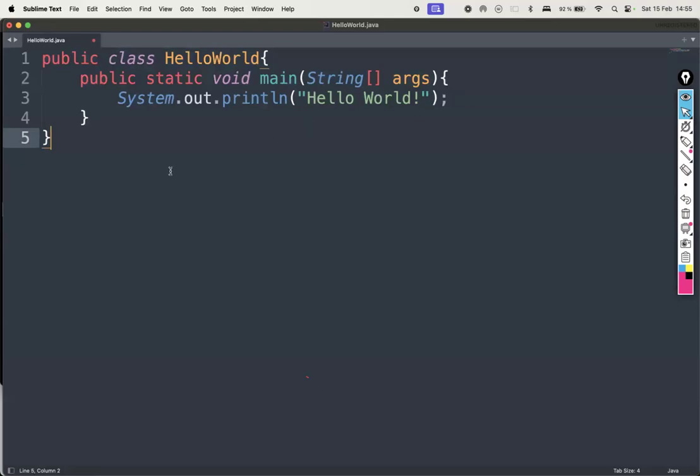Maybe 2 or 3 weeks after you start learning Java, you will understand what is public. Okay, it is a keyword, it is an access modifier. What is class? It is a reserved word in Java that you use to define a class. And what does this void mean? And what does this static mean? You will slowly understand those things and you will start connecting the dots. And then it takes around a month for you to actually settle down peacefully with the programming language.